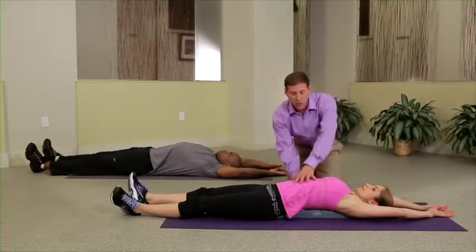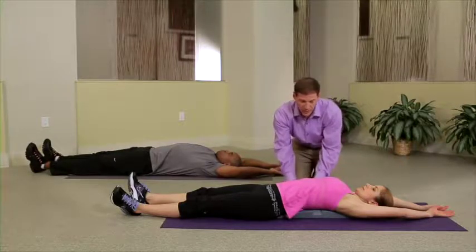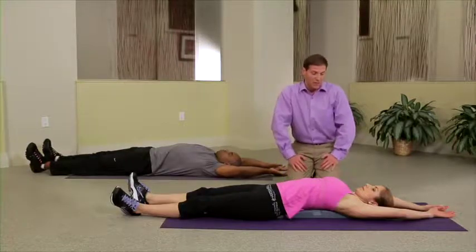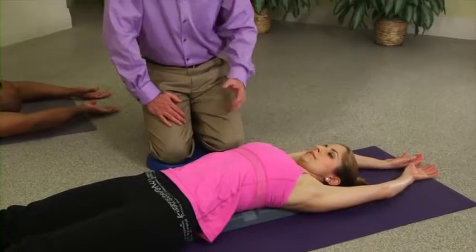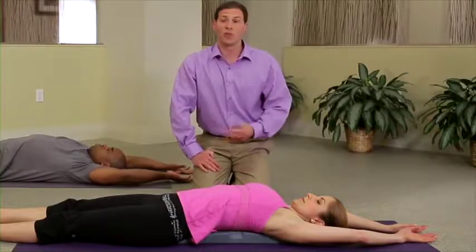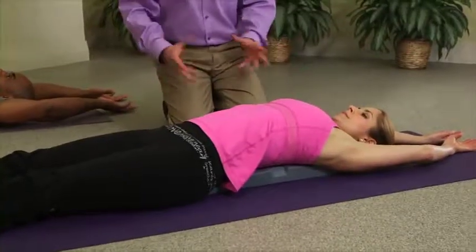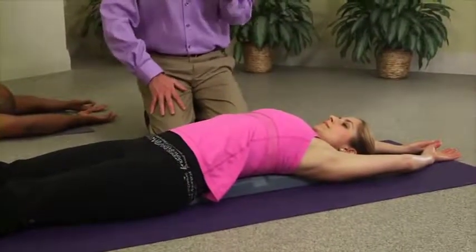So what we're going to do is contract our abdominal muscles for about 5 seconds. Our goal is to try and get our back as flat as we can on the back bridge, and then contract for 5 seconds, and then relax, and then we're going to do this again for another 5 seconds, and we're going to do this for a total of 3 repetitions. And this is a great exercise that really anyone can do, and this is the most important abdominal core exercise